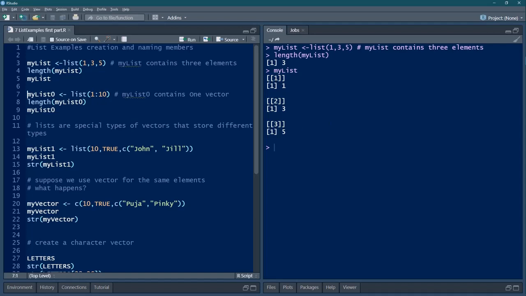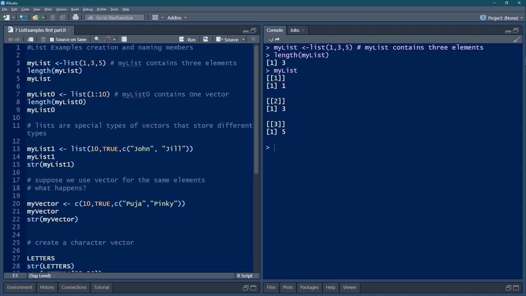Now, after saying number 1 is the first element, within that it has to give the contents of the first element. The content of the element is 1, and 1 by itself is also stored in vector form. That is why it shows index 1 and then 1. Similarly for the second element and third element. Now, let's do more examples. This will be clear.